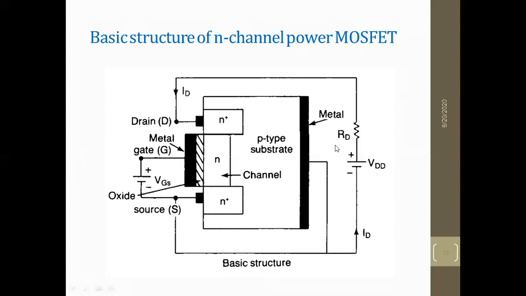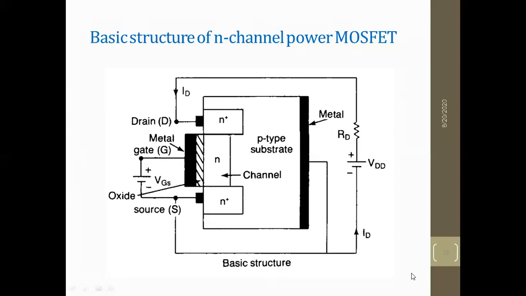That is, if VGS is made negative enough, the N channel becomes completely depleted, which offers a very high RDS value and no current flows from drain to source. Therefore, the IDS current is zero. The value of VGS at which IDS is equal to zero is called the pinch off voltage.